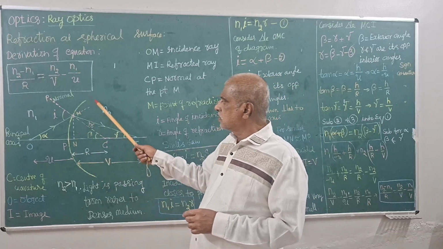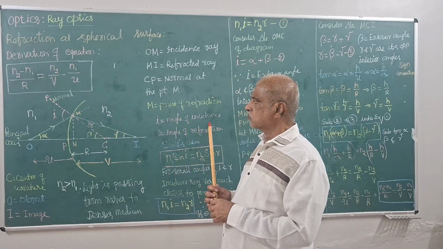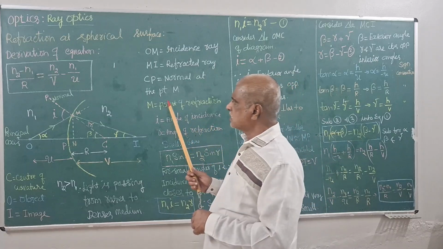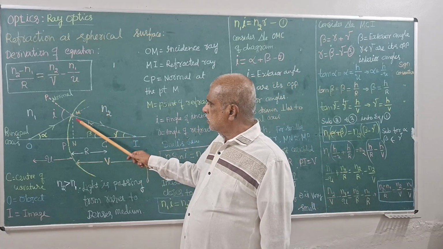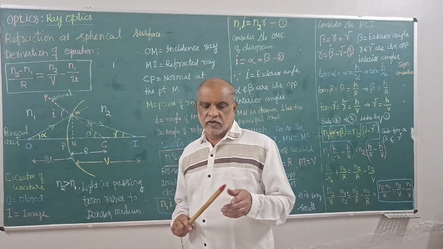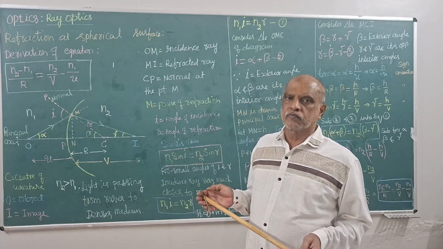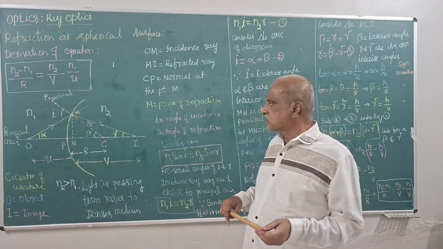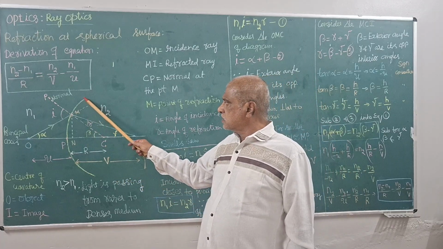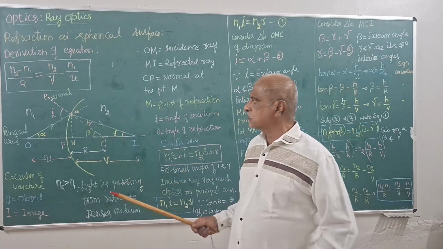That is the diagram we have drawn. The spherical surface is either convex or concave, the curved surface. Here it is a convex surface we have used,